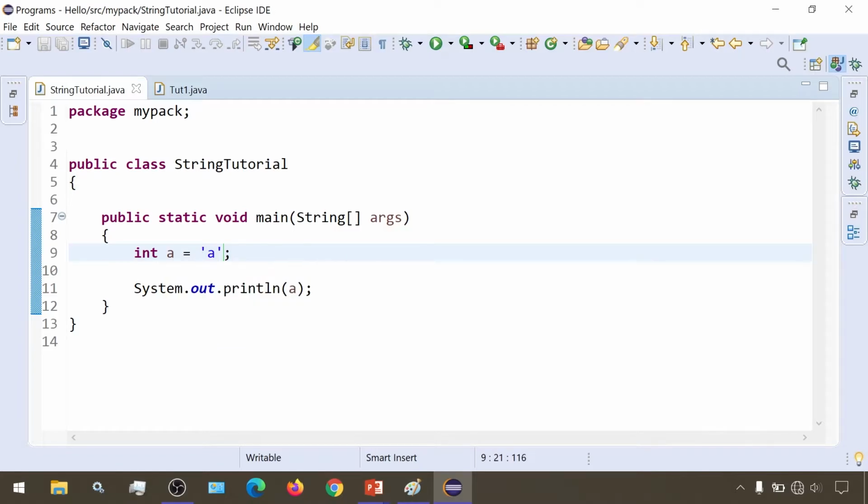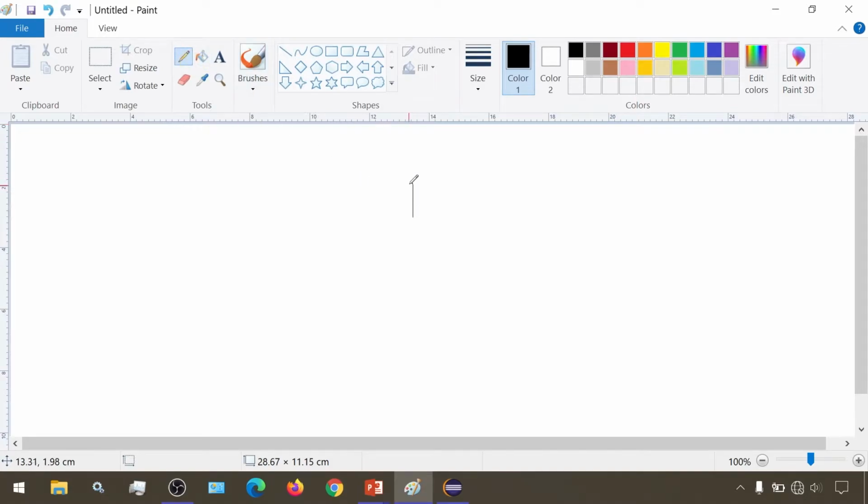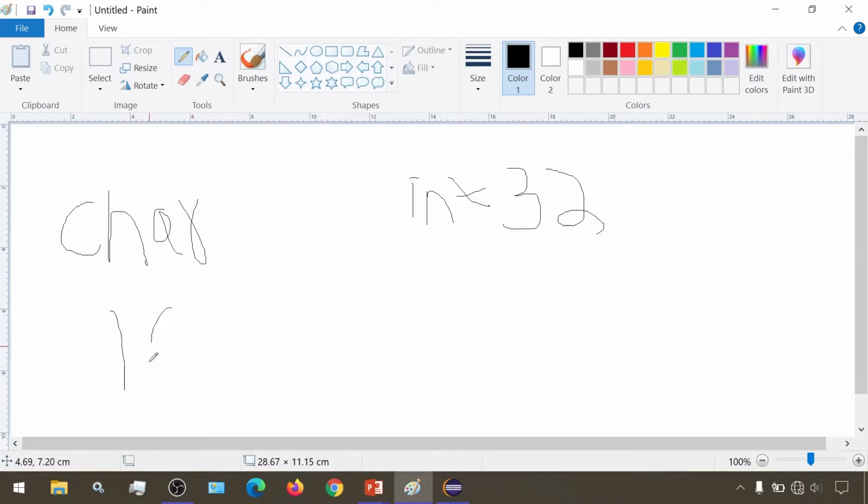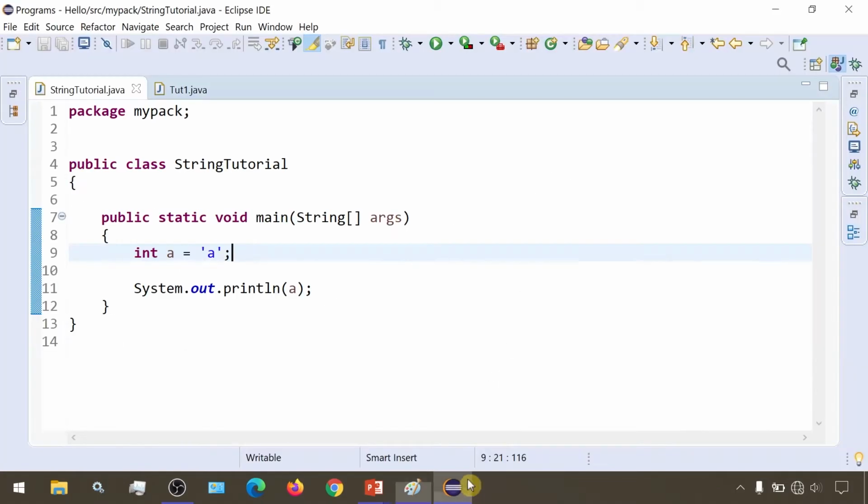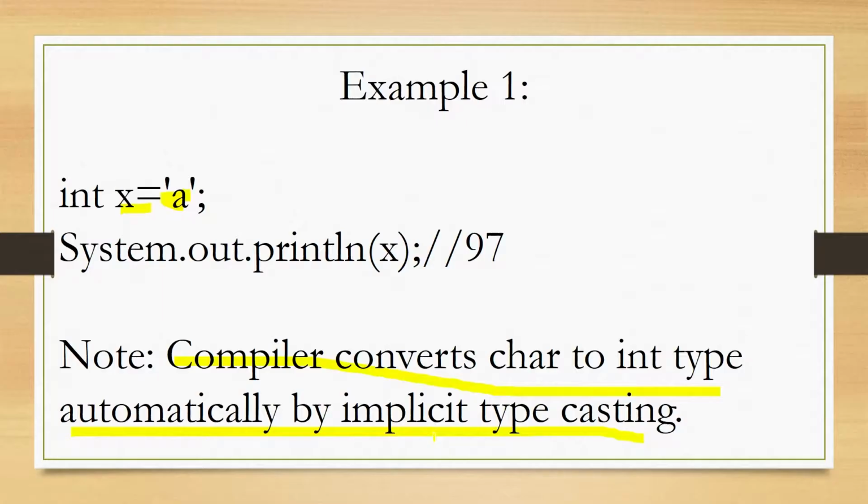Now we can understand why this happens automatically, because we know that int is 32 bits and char is 16. So from 16 to 32, widening conversion happens. Since there is more space with int, the data won't be lost. The value in these 16 bits will be preserved here. So we aren't needed to write any special code for that. It happens automatically. So if you print this, we will get 97 as our output.